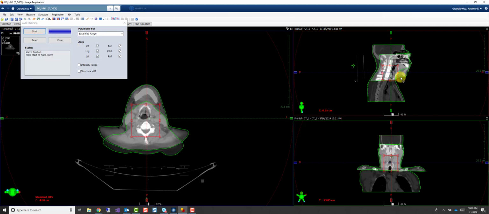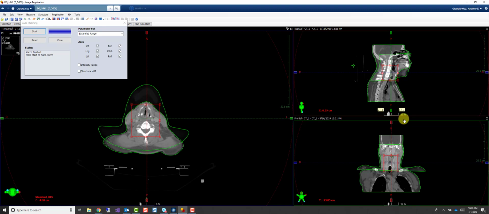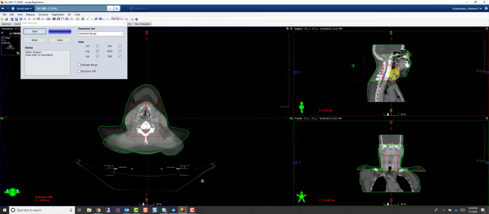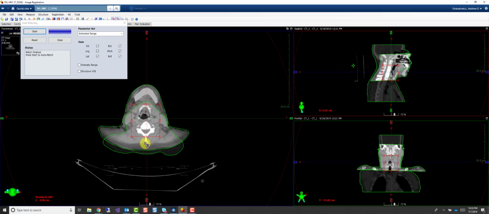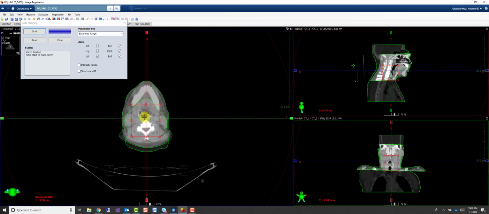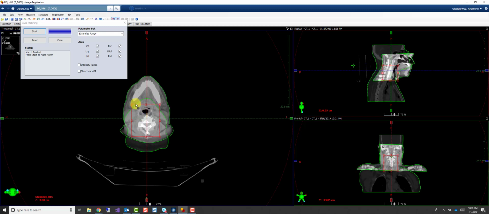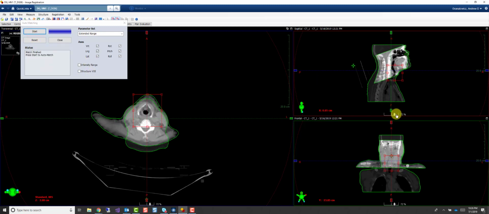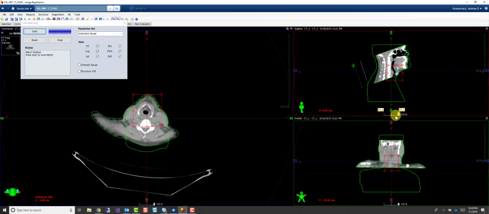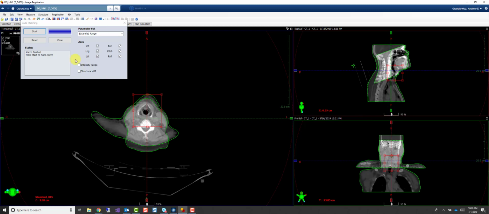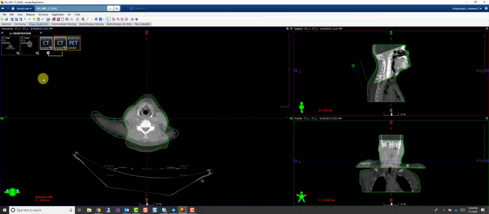And you can do this auto matching tool as many times as you want. So you can see the spine lines up fairly well right there. Soft tissue not so much because of that different chin position. If I wanted to maybe just manually tweak this at the end, you certainly can do that. You can manually tweak, move your box, and then use your auto matching tool. Any combination that you want to do works. As soon as you're happy with that fusion, simply hit close, it'll save it,